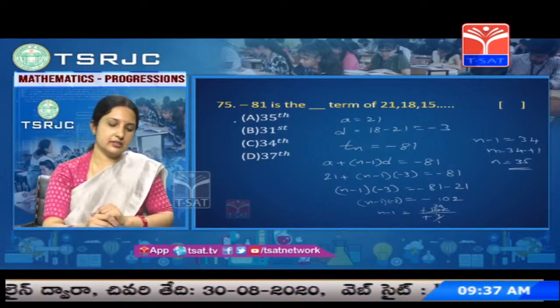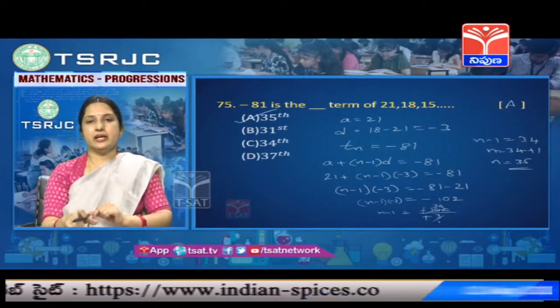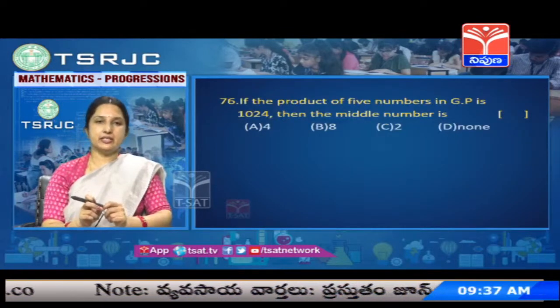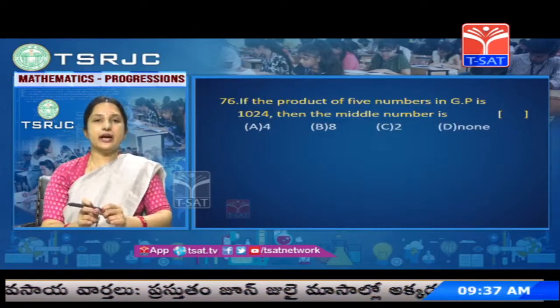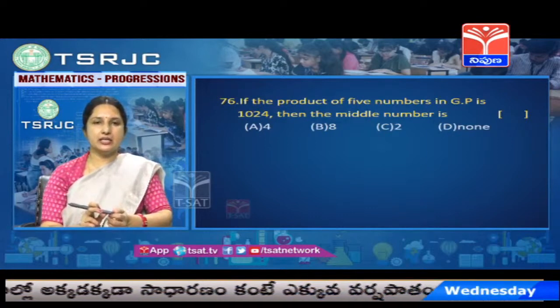Okay, n equals 35. So the 35th term will become minus 81. Okay, next, question number 76. If the product of 5 numbers in GP is 1024, then the middle number is